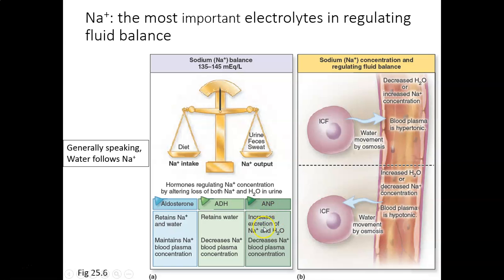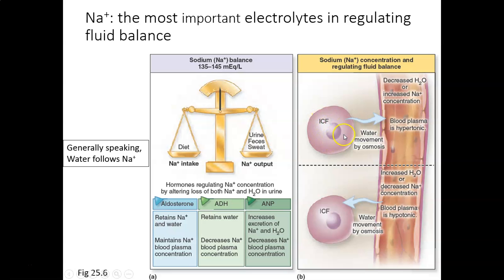On the side of the ANP, if you remember, that ANP is always promoting the opposite reaction, almost always opposing aldosterone and ADH. So that one actually increases the excretion of sodium and water. So this is directly opposite of aldosterone. We're going to talk about how they do that in the next slide, but generally,